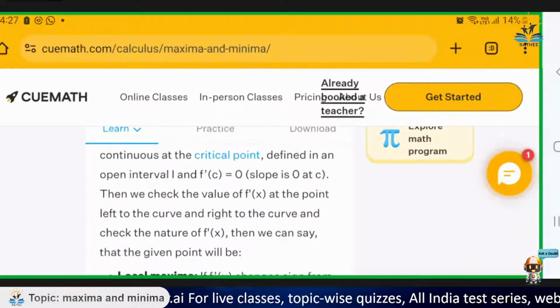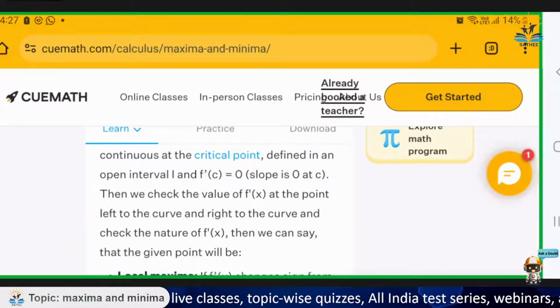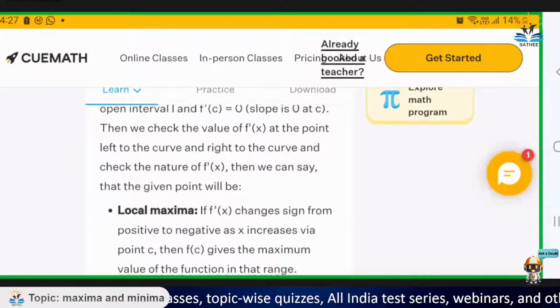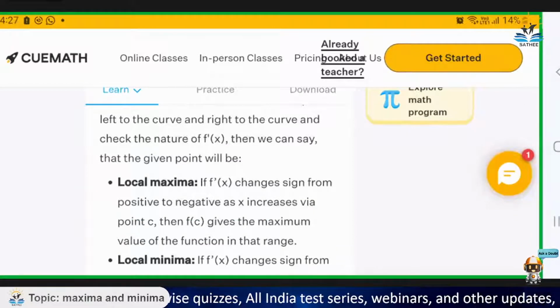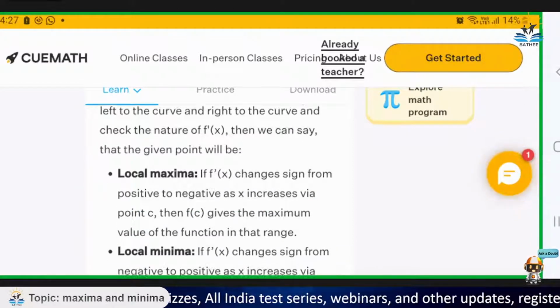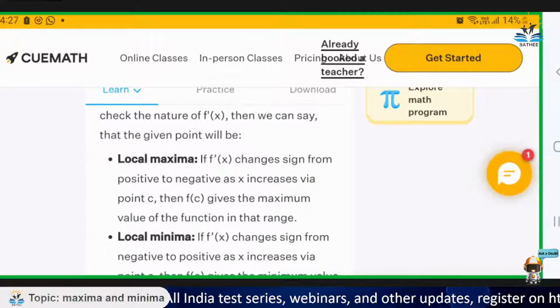Now, since we know that the slope at this point is 0, this point is a local maxima or a local minima. Now, how to comment on whether this point is a maxima or a minima? So suppose if f'